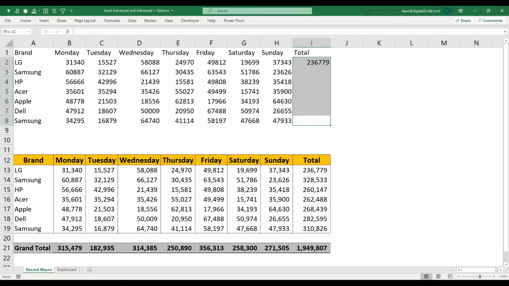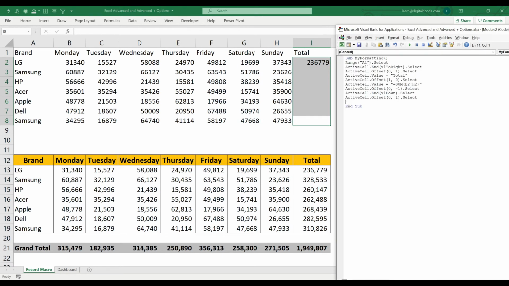Now I'm going to select everything till the top. Range(Selection, Selection.End(xlUp)). Okay, so it will select everything, then Selection.FillDown. So it will update the formula.